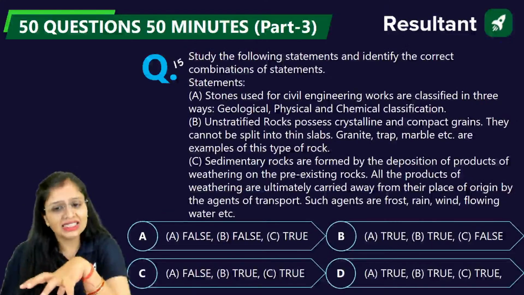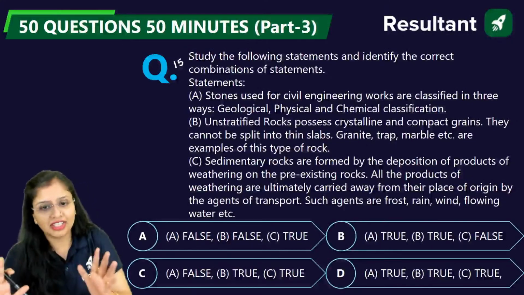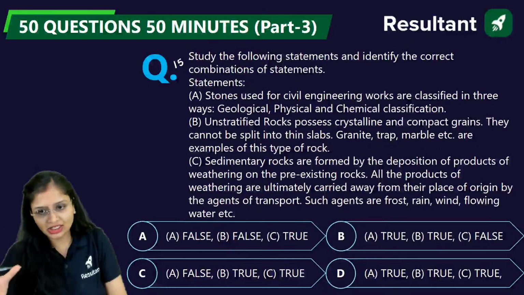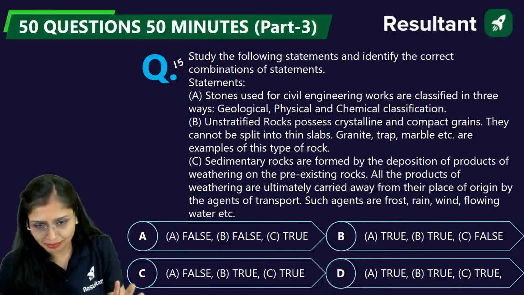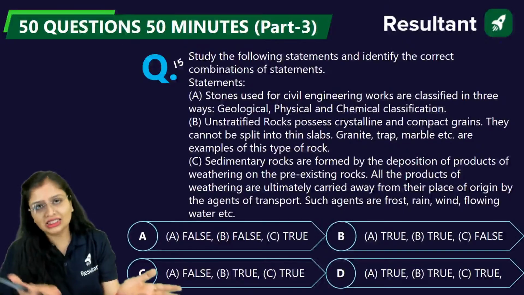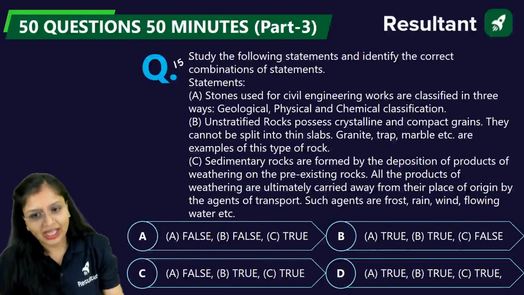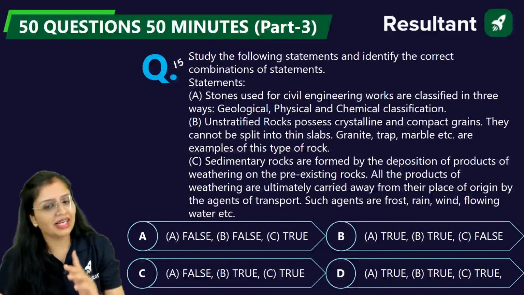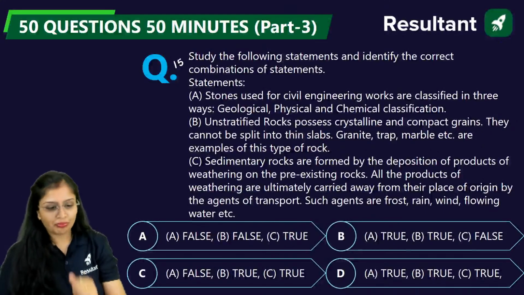Correct. Unstratified rocks, in which layer stratification is not there. They are crystalline in shape. Correct. And they have compact grains. They cannot be split because they are unstratified. They don't have layers in them. Granite, trap, marble, etc. are examples. True. Then,